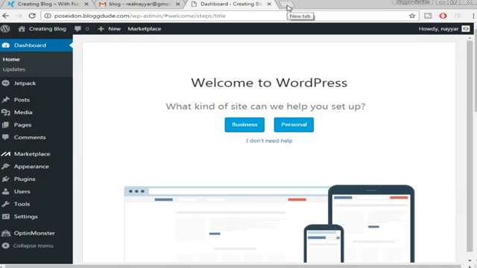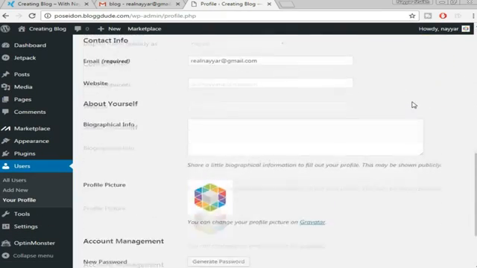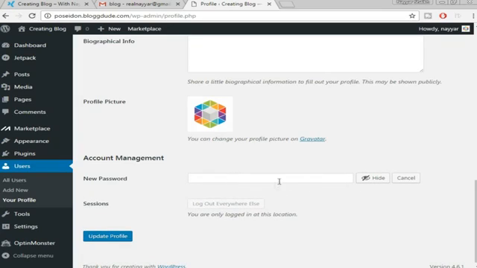Okay guys, so once you're logged in, this is how your dashboard looks. And the first thing we are going to do is change our password. So for that, just hover over here which says Howdy Nair, it will say Howdy and whatever your name is, and click on edit my profile. And at the bottom here you'll see new password. Click on generate password. It will generate a new password for you, but we want our own custom password, so